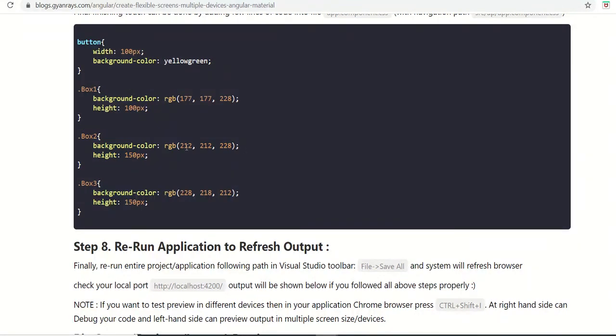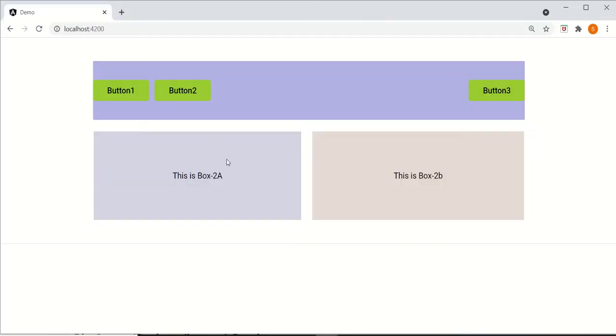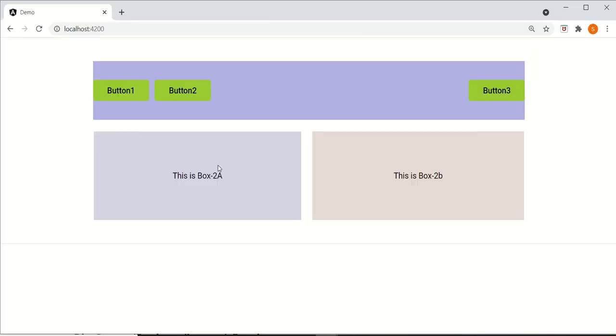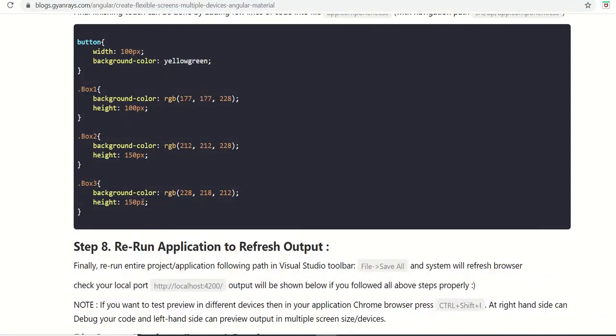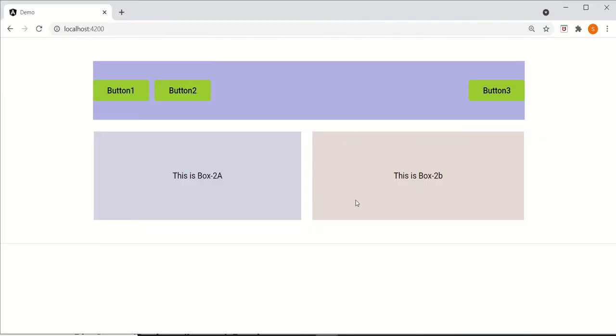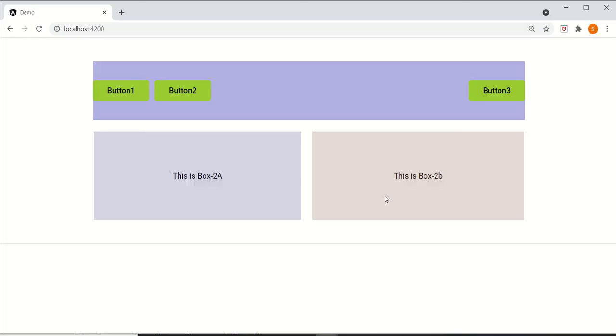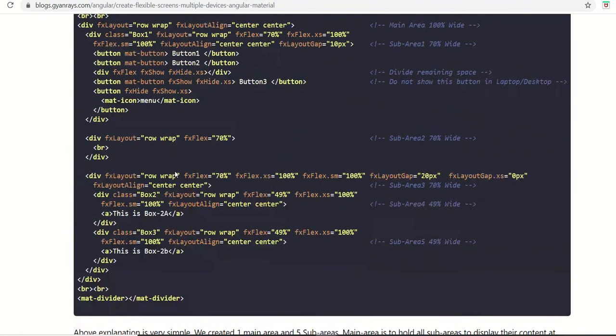Background color, you can see, I am sure this is a sort of blue background color. I am poor in color knowledge. And the height is of course 150 pixels. So this is the 150 pixels, and the same you can see for box 3 as well, 150 pixels, right? So both have the same box properties, only the color is different. Box 3 has a different color, a sort of beige color. Okay, now